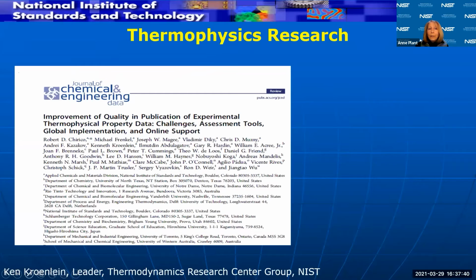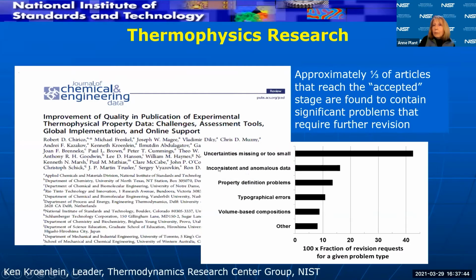I just want to point out that this is not an issue just for the biomedical community, but rather all communities have a certain amount of concern about the veracity or the care with which data might be published.